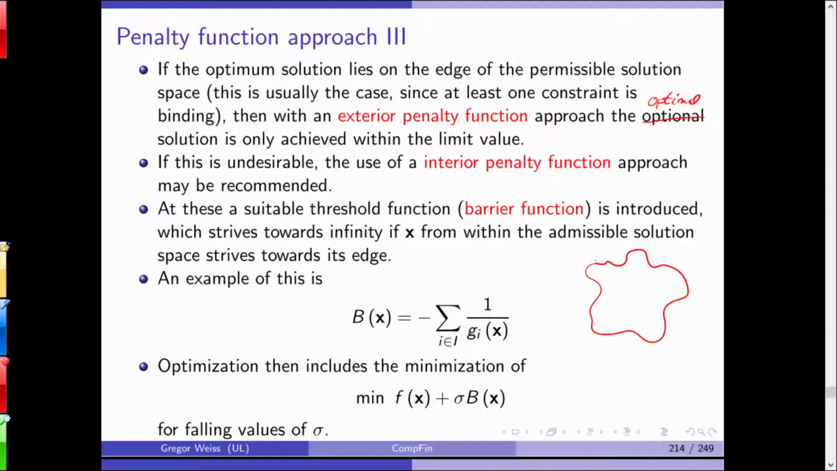Now, at this point, a suitable threshold function, a barrier function, is introduced which strives towards infinity if x from within the admissible solution space strives towards its edge. One example of this is this function b. It's defined as minus the sum of 1 over gi of the